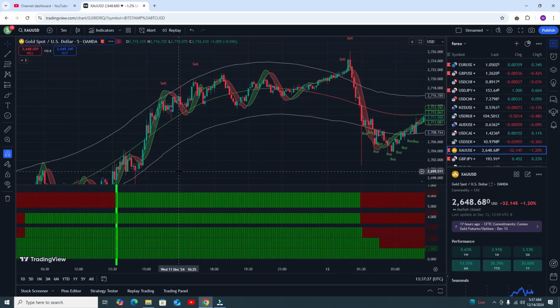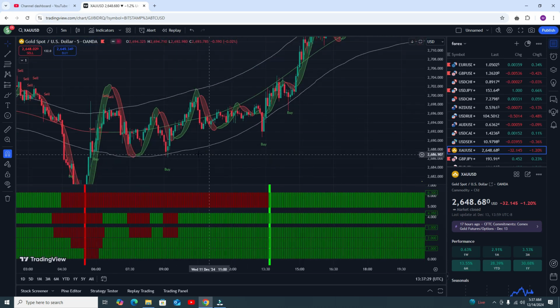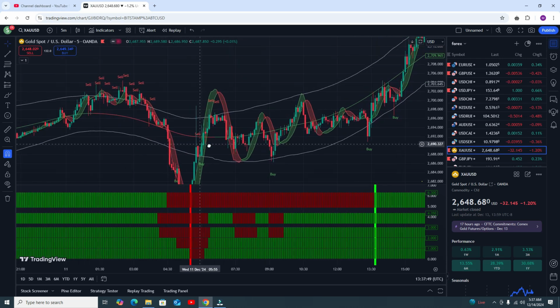An example of the trade is this one. Here you can see this row is red, but this one is green. All are green, but this one is red. So you can follow this sell signal, the weak sell signal, and it gives you the profit here. Okay, let me show you more examples.